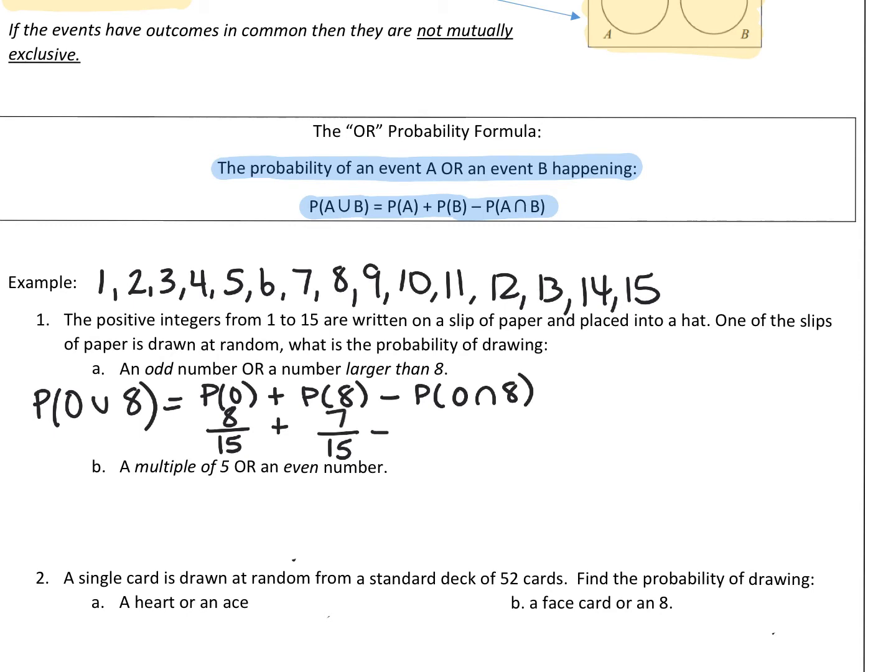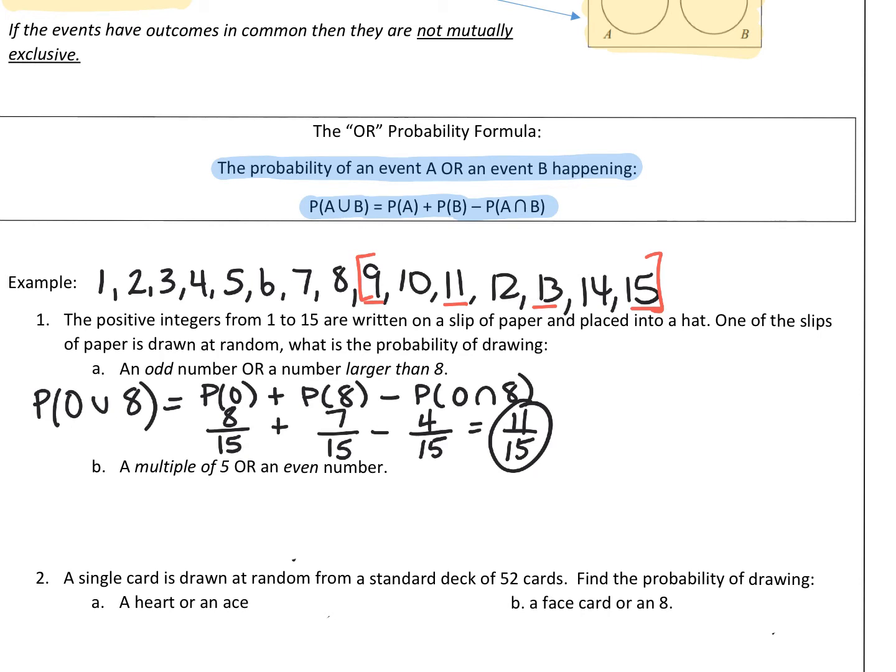Now this part would be maybe the new part. This is saying, what is the probability that it's odd and it's larger than 8? I need to look at my numbers larger than 8, which is this portion of the set, and pick out how many of them are odd. Well, 9, 11, 13, and 15. So 4 of them are odd. We need to subtract those because I counted them twice. I counted them first when I counted the odd numbers, and then I counted them again when I counted the numbers larger than 8. So we need to subtract that. When I figure that out, 8 plus 7 is 15. Take away 4 is 11